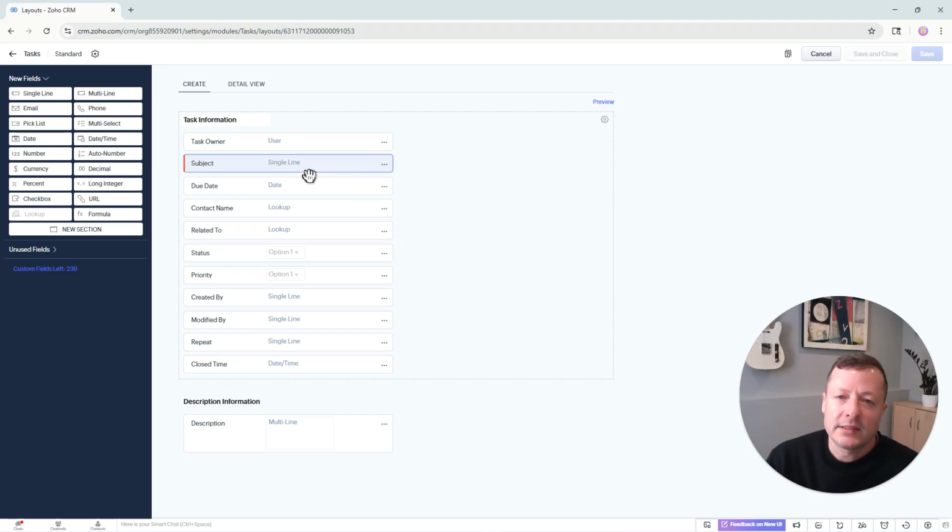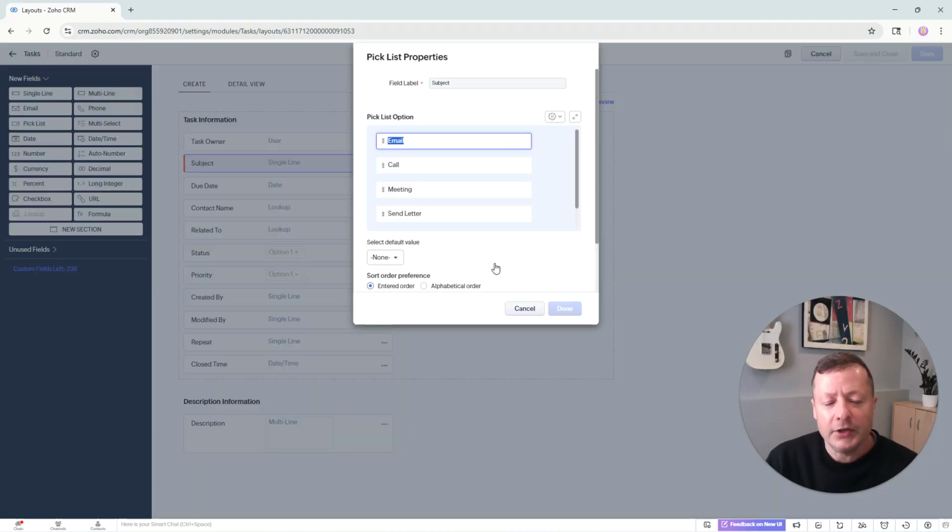So the system will let us type anything we want into the subject of a task. However, it also has a pick list here that you can edit. Now, what I recommend is kind of ignoring the fact that there's a pick list here, because if the user is given the option to type whatever they want into a field, then we have no way of policing that. They're just going to do it, and then they're going to fall into bad habits, and we're not going to get the categories that we want when we're looking to write a report or run some